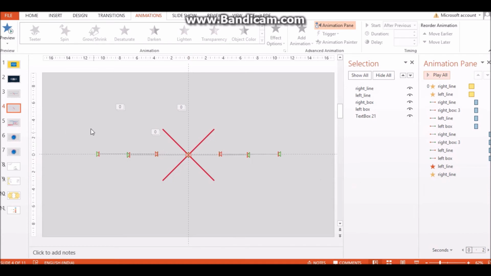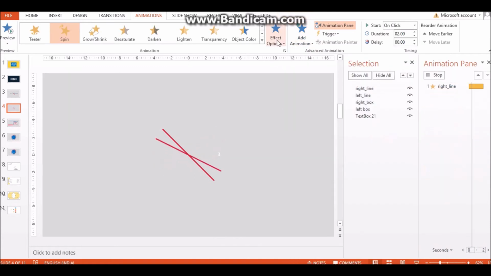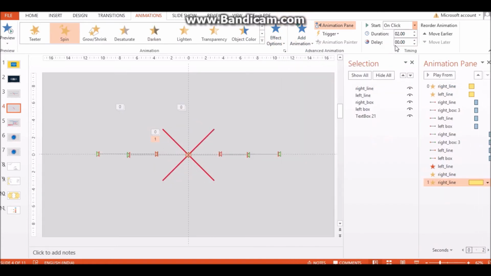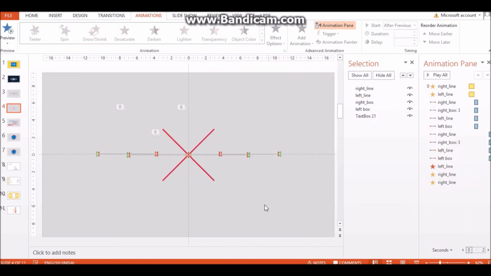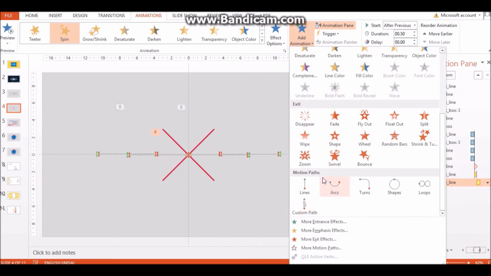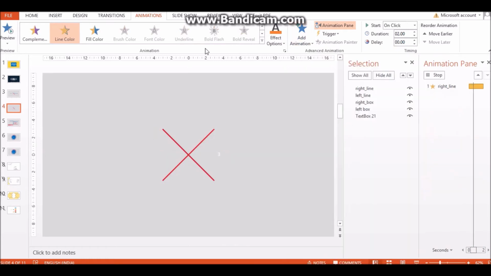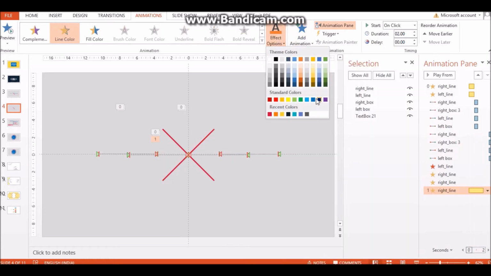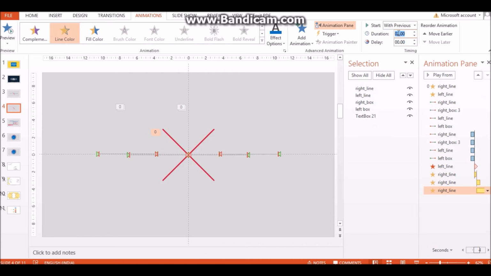Now we'll be doing some more animations to it. Add animation, spin it, and after previous in 0.50 seconds this time, and full smooth end. That will be a really quick animation. Again adding an animation to it, and this time from the line color, changing the color from effect options to this blue one. So from red it will change to blue. Click on with previous in 0.50 seconds. So if we play it now,